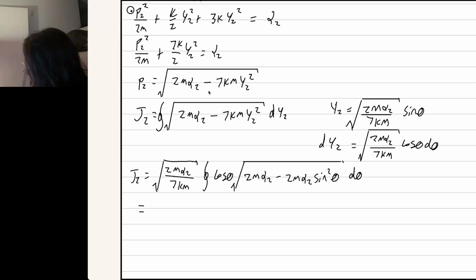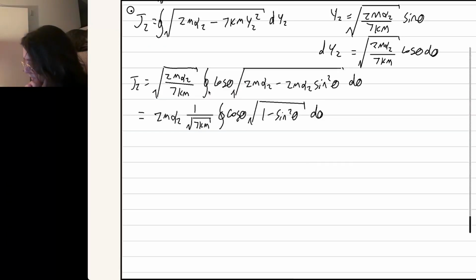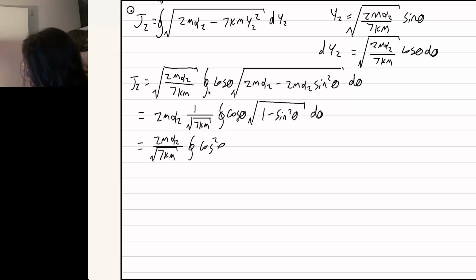Factor out that square root of 2m alpha 2, so we'll have 2m alpha 2 times 1 over root 7km, integral of cosine theta times the square root of 1 minus sine squared theta d theta, which I'll just write out explicitly. That's just going to be cosine squared theta d theta, which is pi root 7km. That's the action